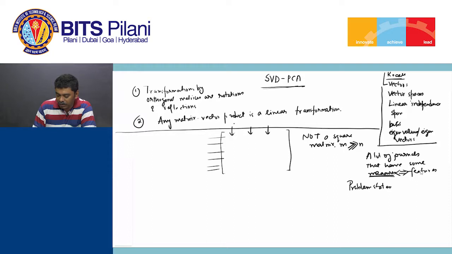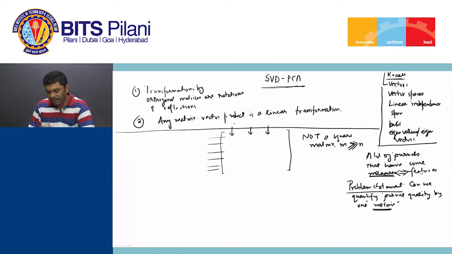that can we quantify journal quality by one metric? Okay, all right, this is a metric and not really a matrix, so just to have the distinction clear. Okay, so the next question is, where